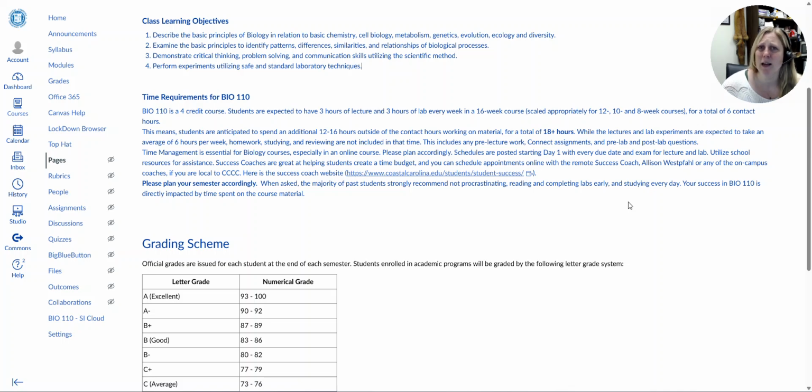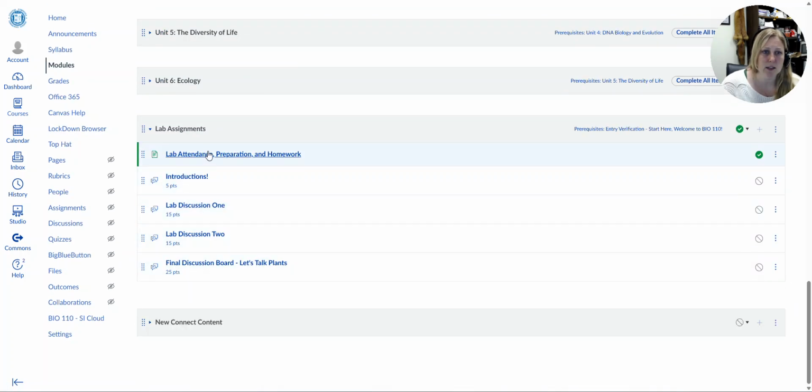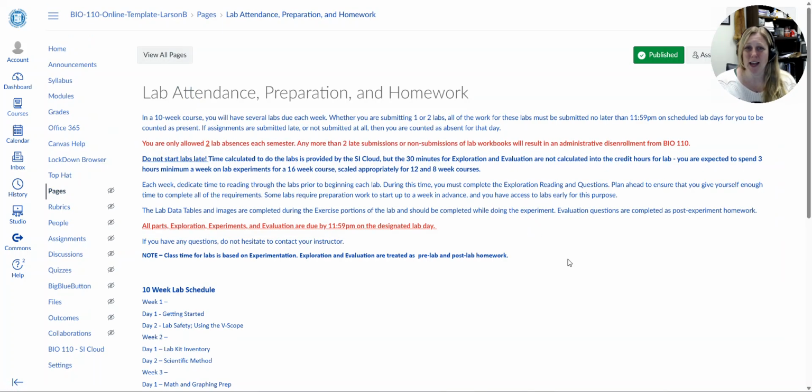Now, the lectures and lab experiments themselves are expected to take on average 6 hours a week in a 16-week course. That does not include reviewing, that does not include studying, that does not include the pre-lab and the post-lab work, which if we go into modules here quick and we look at the lab attendance, preparation, and homework,